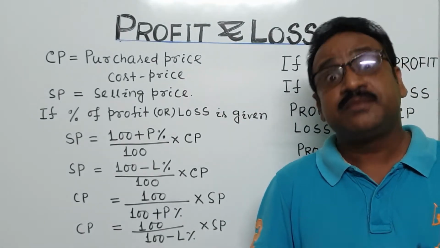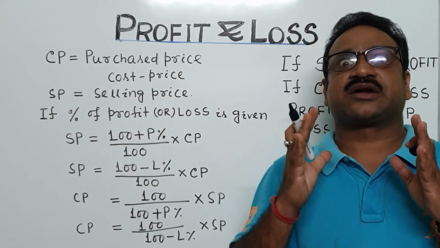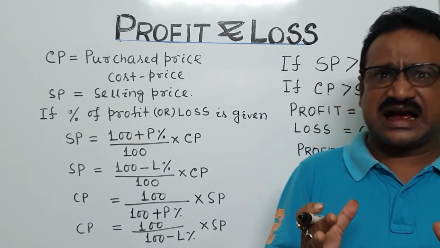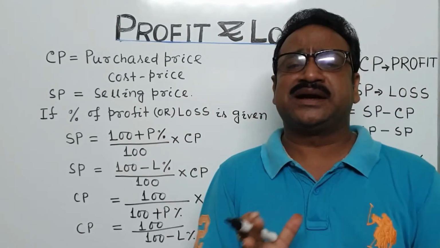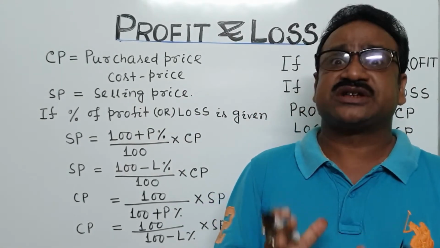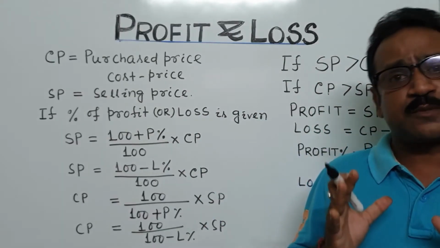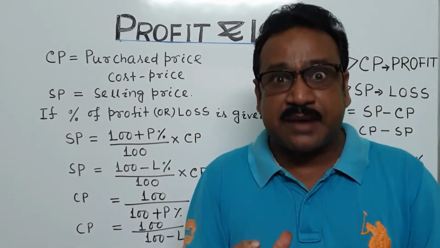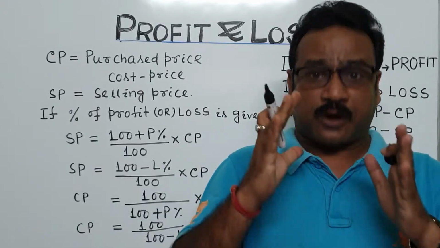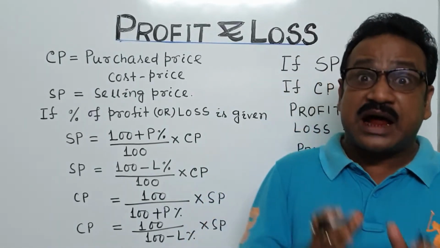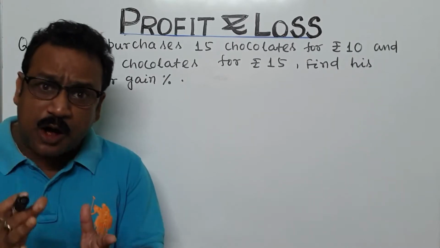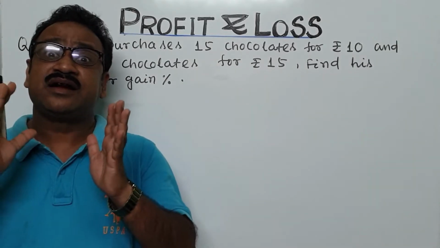Then we can proceed to the problems that come in competitive examinations like SSC, CGL, CHSL, NDA. In every competitive examination, questions come from profit and loss. So profit and loss is a major chapter of all competitive examinations. So we must be thorough about all the problems as well as all the formulas related to it. तो आइए शुरू करते हैं problems on profit and loss.